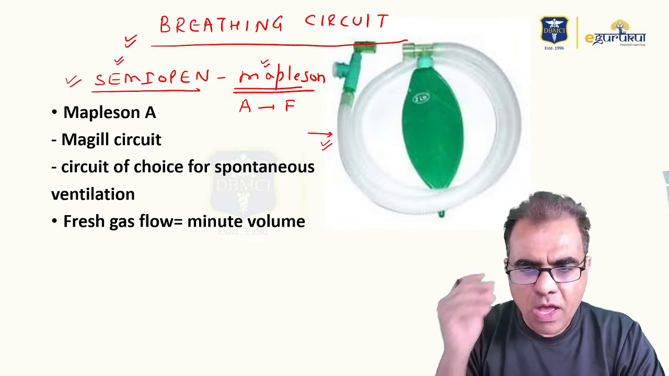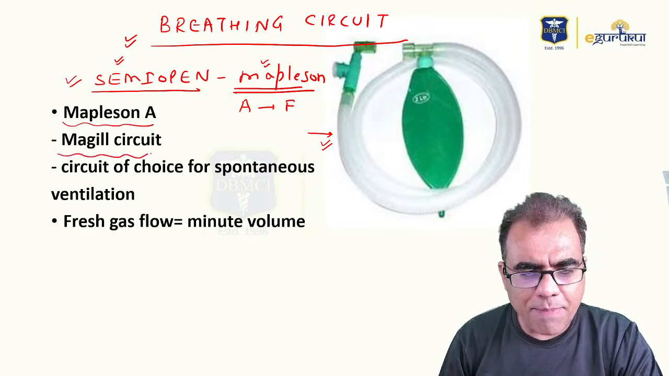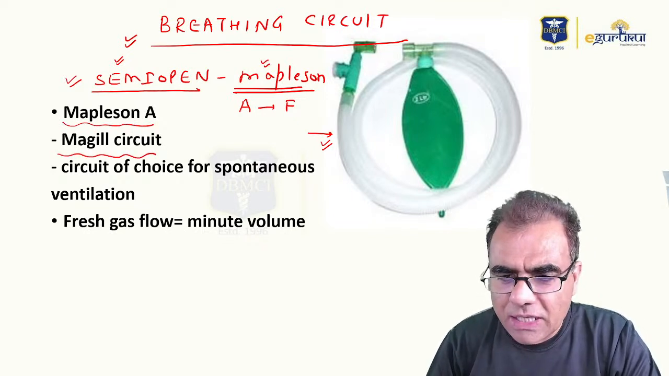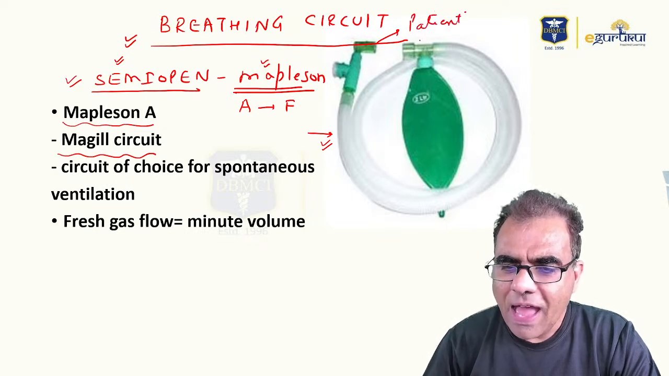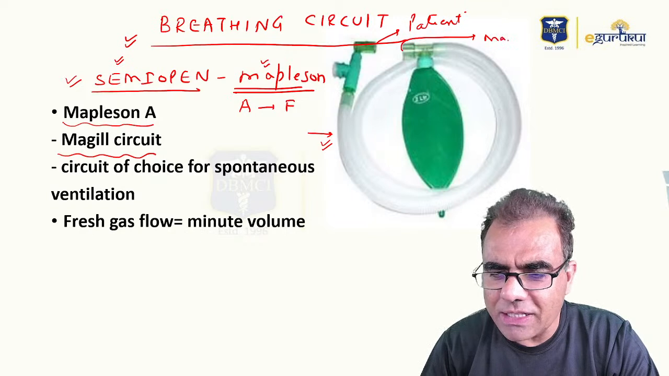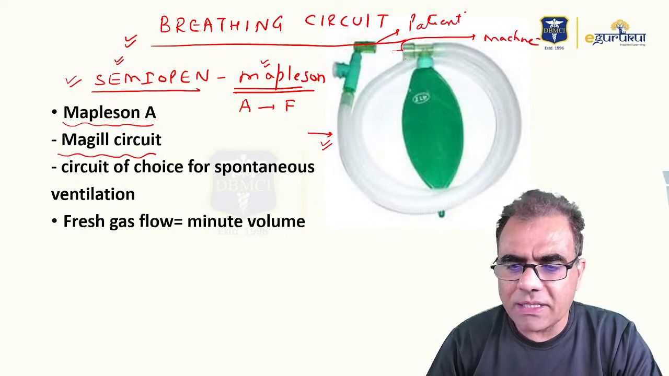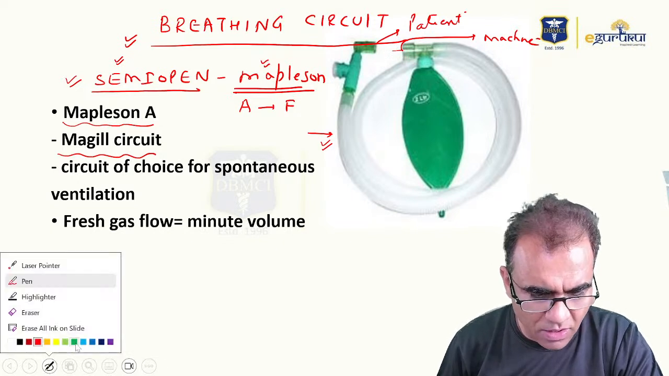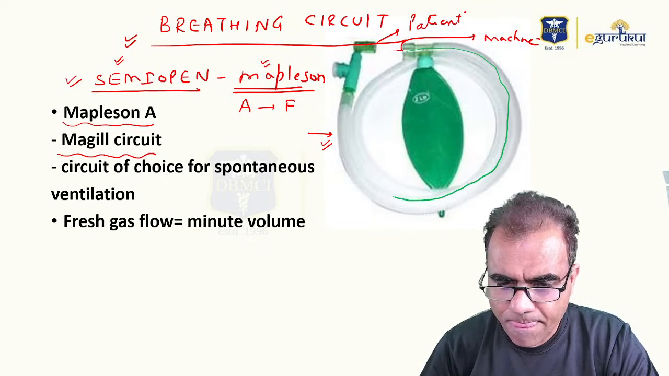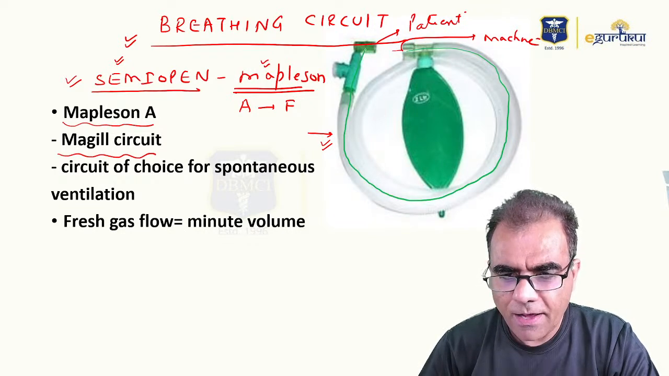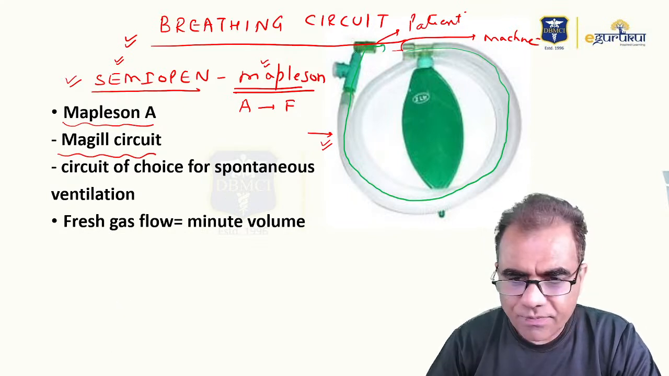So this is Mapleson A, which is also called the McGill circuit. This end will be connected to the patient, and this end will be connected to the anesthesia machine. So gases from the anesthesia machine, which I'm drawing as green, through this tubing will reach the patient. Now, the expiratory gases,